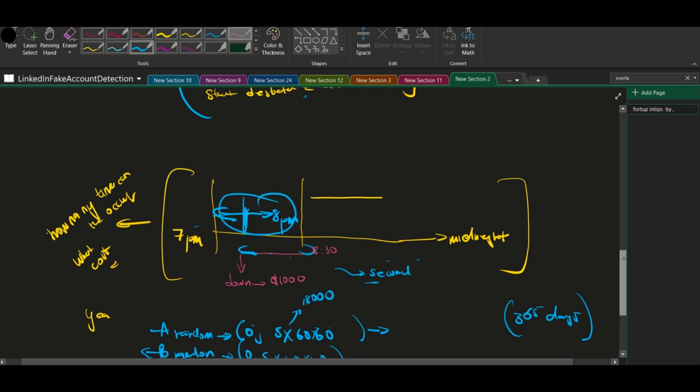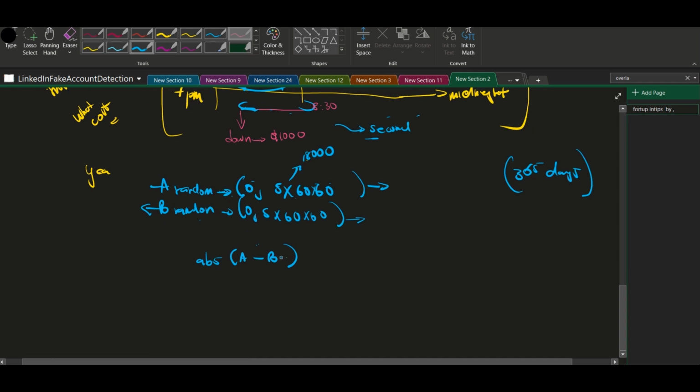So I want to make sure that there is a gap of an hour between these two processes. So I'm going to subtract A and B. I'm going to say if this is actually less than 3,600, which I think is an hour, so it's 60 by 60, if this is the case,